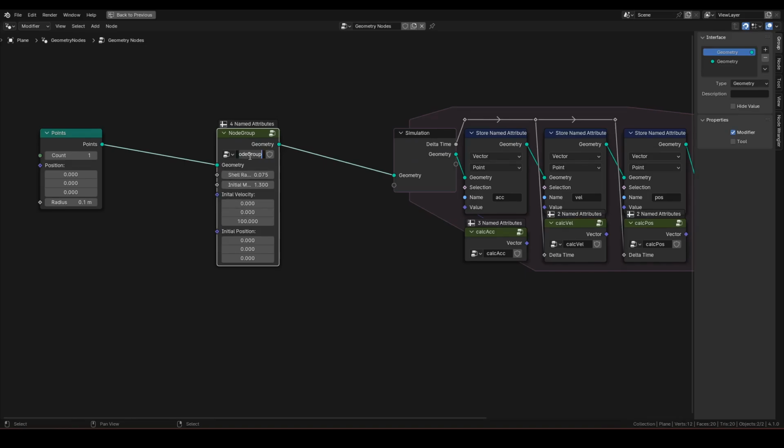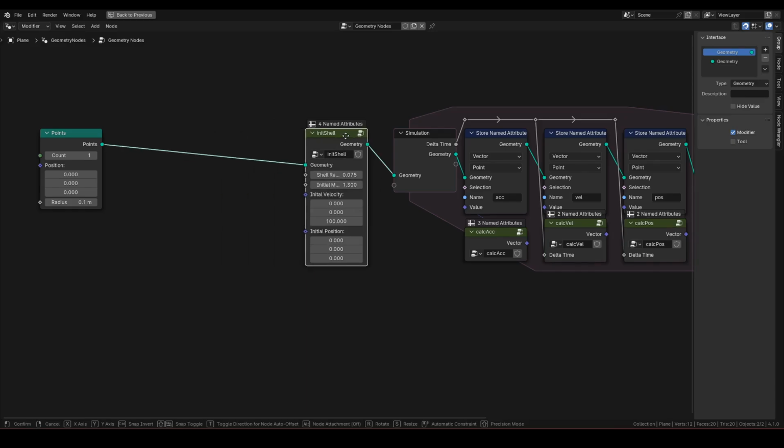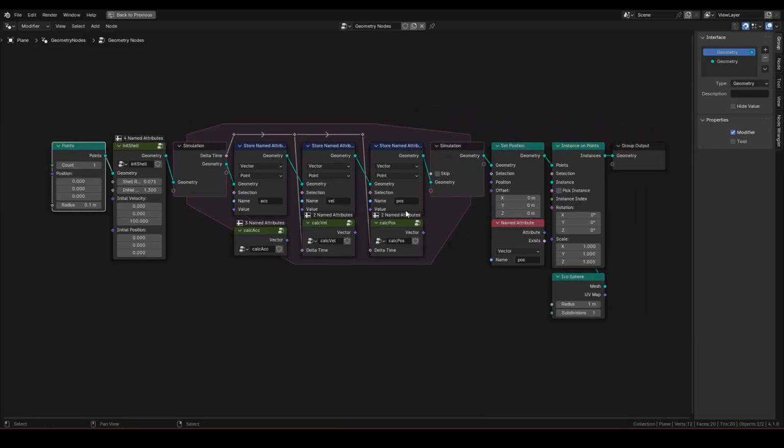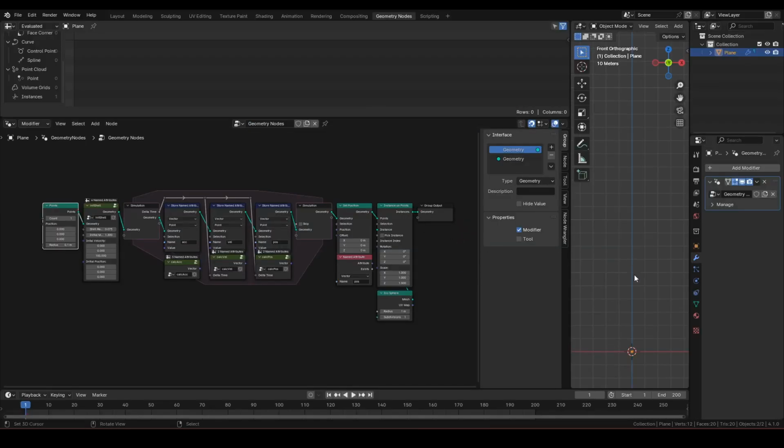Step outside of the node group and rename it to init shell. Values will be carried over, so it should behave as before. If not, please check the connections and value settings.